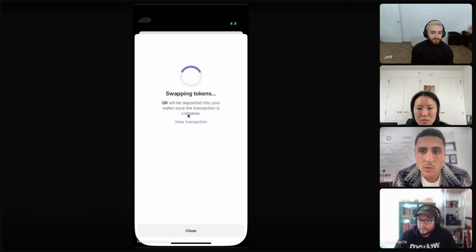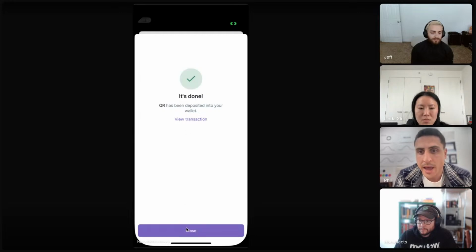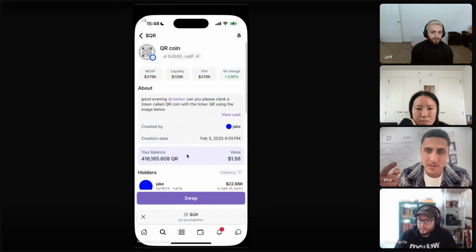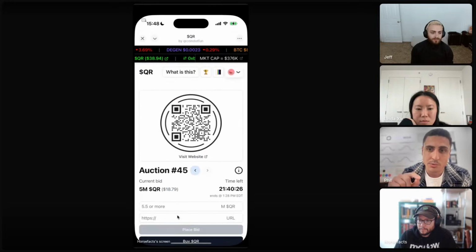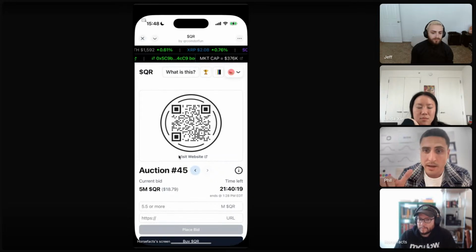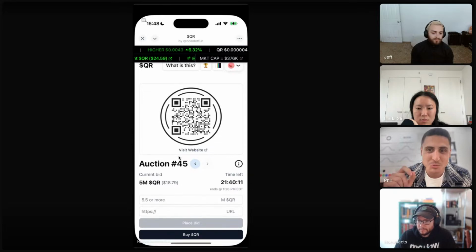And the bet with QR is actually, can you build compounding attention over time? And as the coin gets more attention, the value of the auction increases. Since the auction is done in QR and the auction proceeds are used to purchase QR, it theoretically takes some out of the supply, increases the sort of standing bid on the token. And as the market cap is higher, more people are willing to look at it, which makes the value of the image more. And so the Frame mini app does a really good job of allowing you to bid every